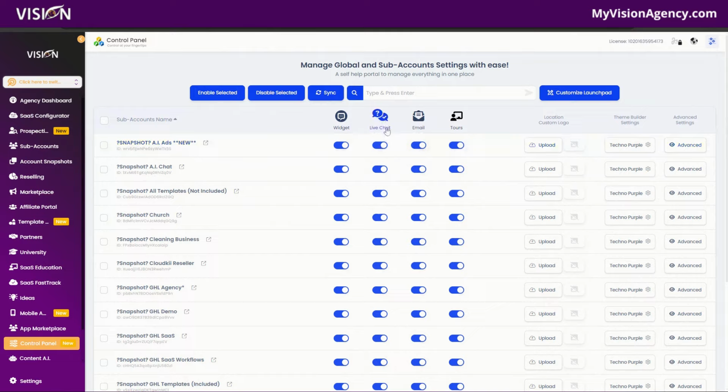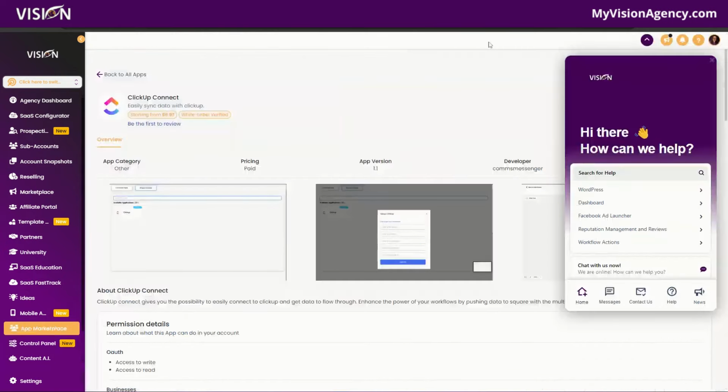Do I want live chat? Because maybe I have different plans where if they sign up they'll receive widget support or email support rather, and then if they upgrade to another plan then they receive the live chat support. Okay, that's in a lot of SaaS plans. So again, you have the ability to customize that. Also the email system and the different tours. So the tours would be,